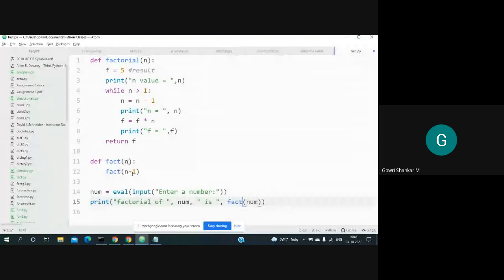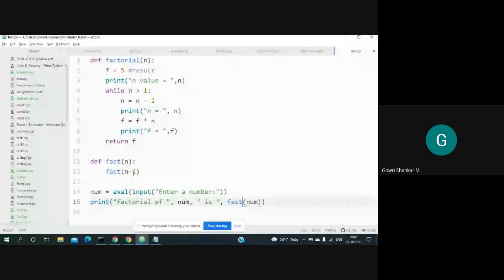So the next call will be for n minus 1. Then there will be another call for n minus 1 minus 1, which is n minus 2. Again, n minus 2 minus 1 will be n minus 3. Like this, it goes on until it hits your base condition.